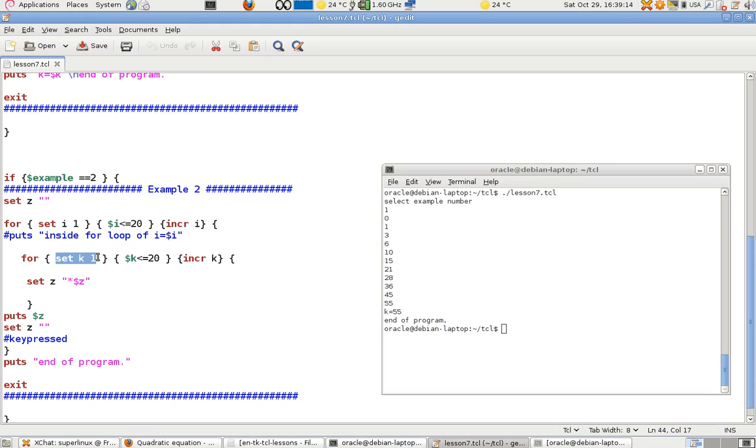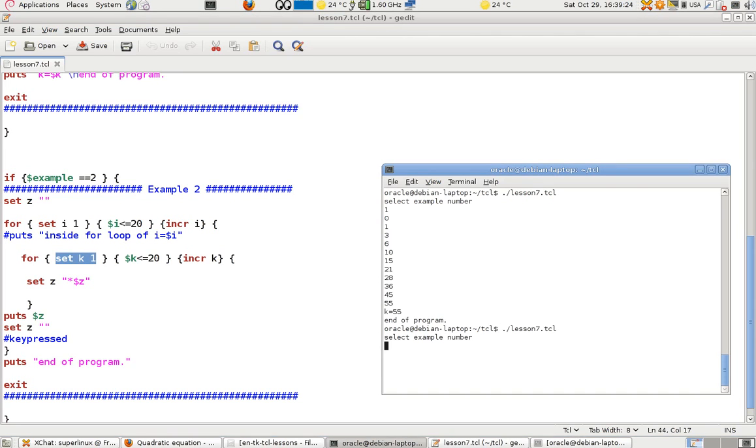Then go to the next step in the first loop, and finish the internal loop, and so on. If I go again and select lesson 7 with example 2,